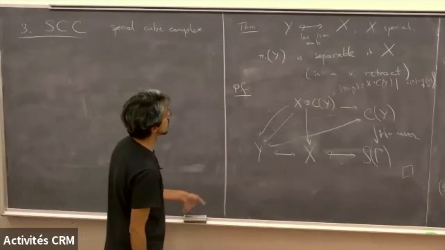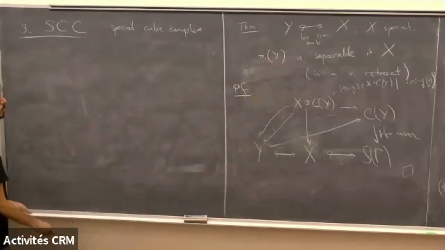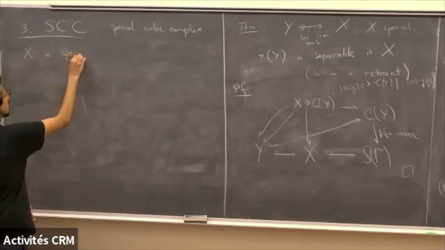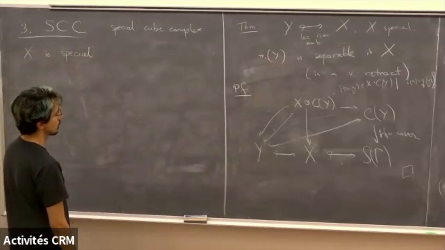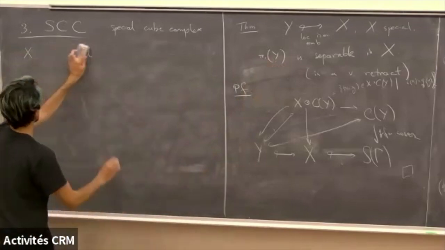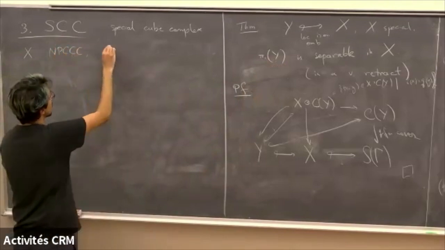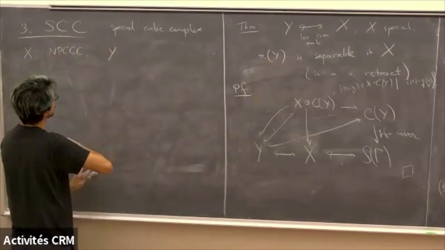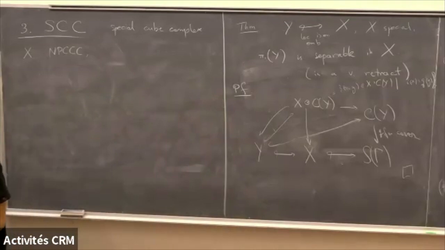So where can we use this? Here is one way we can use this. If X is special, maybe not. Let X be a non-positively curved cube complex, and Y